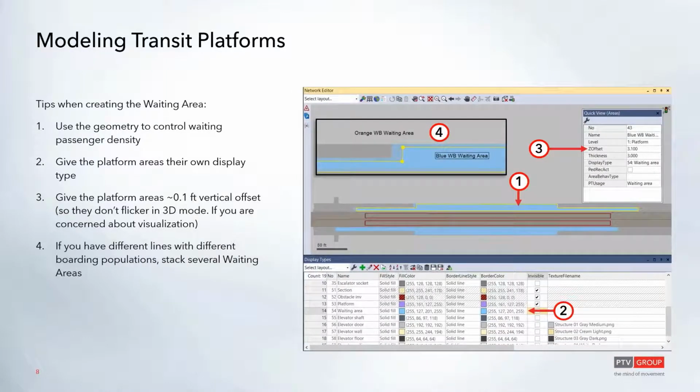Then once you've created the platform edge, you'll create your waiting areas. The key thing here is that the waiting area, the passengers that are waiting for the public transit vehicle to arrive will wait at random positions within the waiting area. So if you make the entire platform area the waiting area, then you could have people waiting in far corners